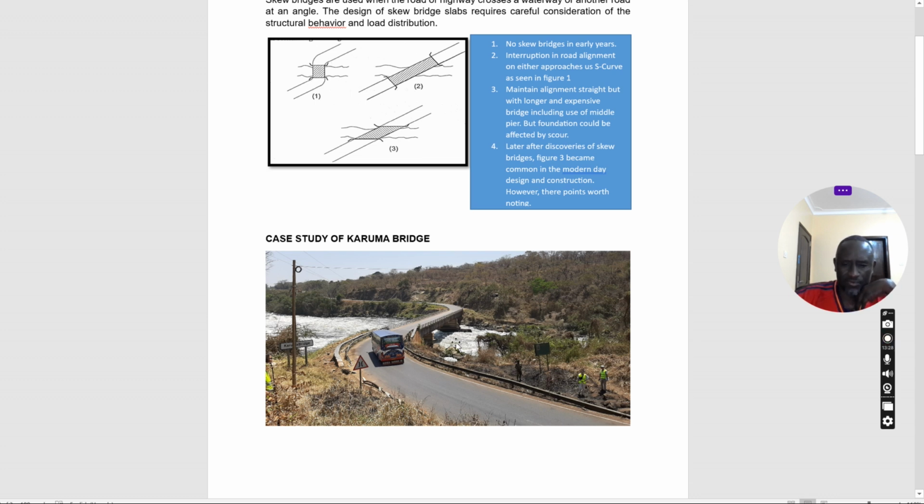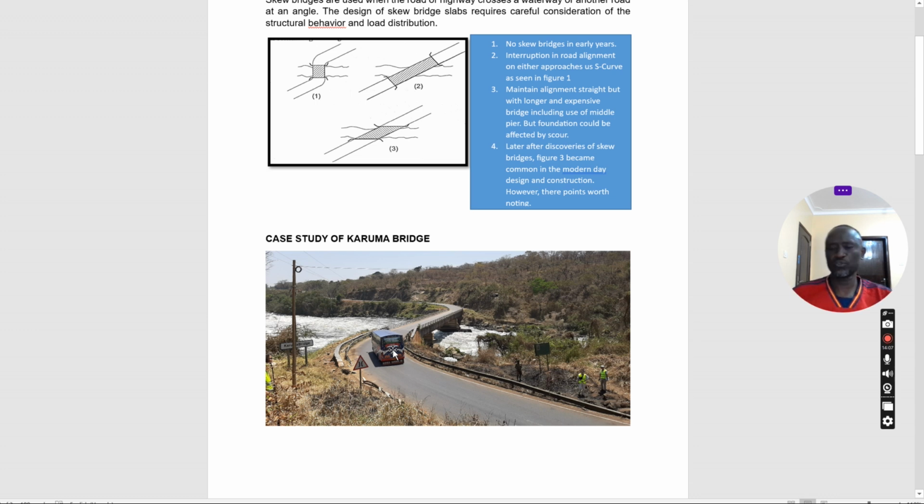And that is why for Karuma, when we had the vibration on this side, it was the upstream side here, because there are two bearing supports here. Because of centrifugal force and the skew tendency, the vehicle comes as it is turning, and you still have that outward force being exerted. The outer tires tend to exert more force than the inner one, and because of that, the bridge tends to lift towards the upstream, but because it is fixed,